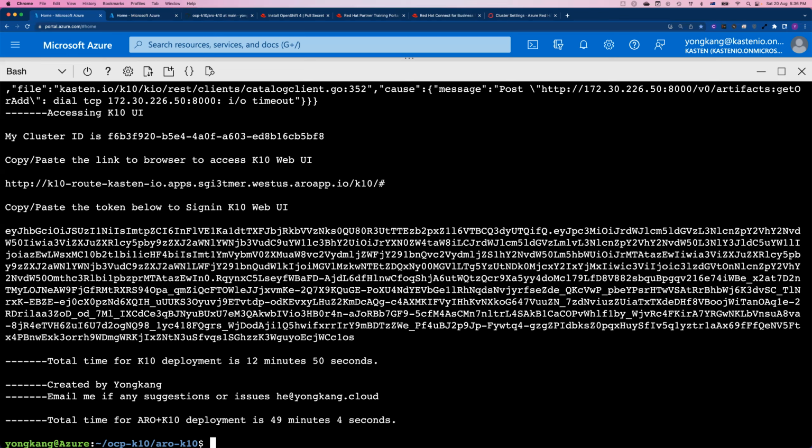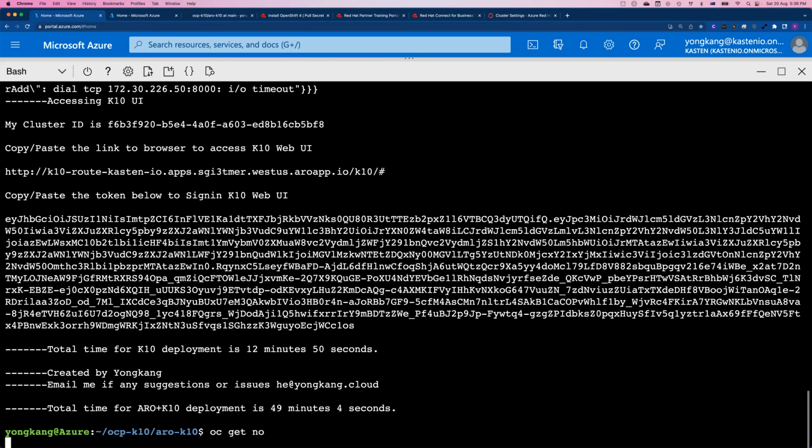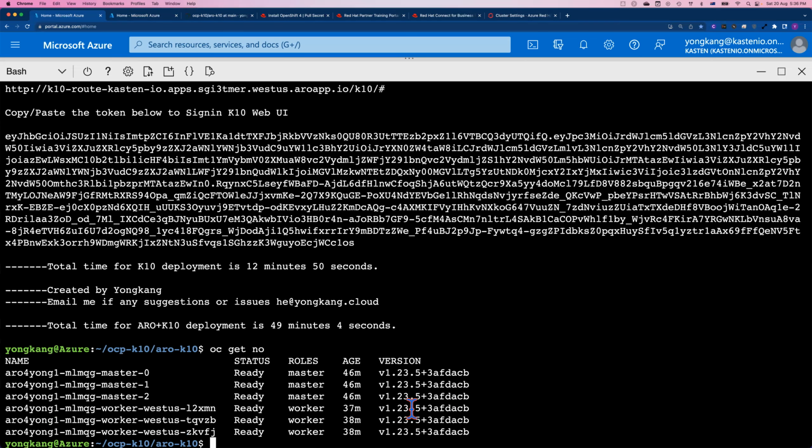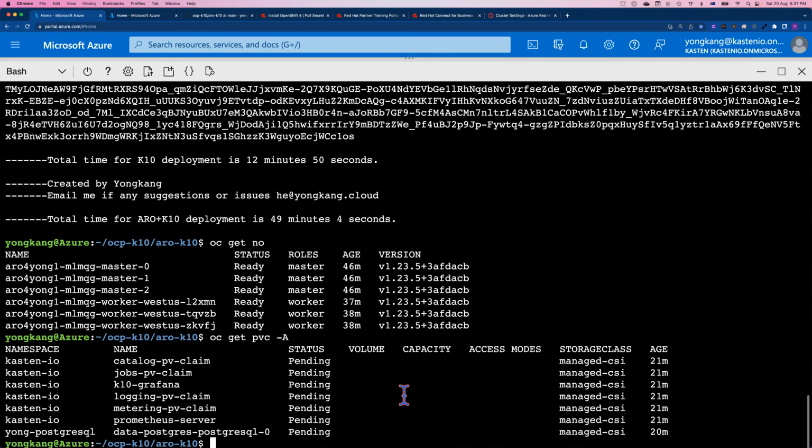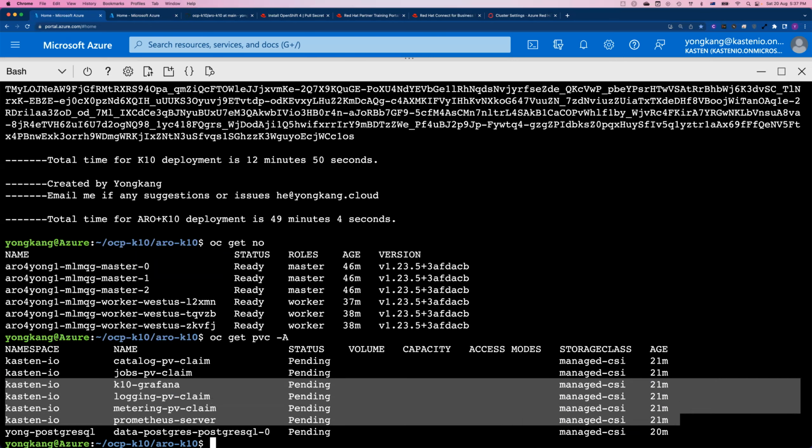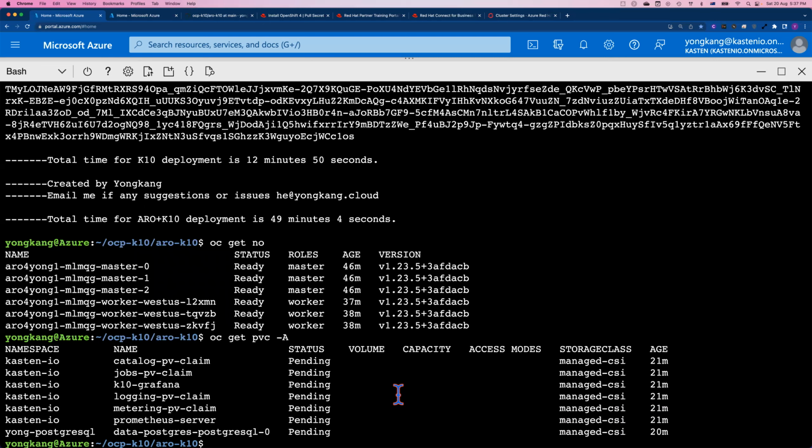So for now, what's the problem? Let me show you how many nodes we have. With oc get node, you can see I was running 1.23.5, but actually there is a bug here. The bug is, if I get the PVC here, you can see all of my persistent volume claims. My PostgreSQL database requesting the persistent volume claims from managed CSI is just pending there. My Kasten-IO is also requesting the PVC, and it is also pending here. The problem is there is a bug right now in the current version of the Azure Red Hat OpenShift